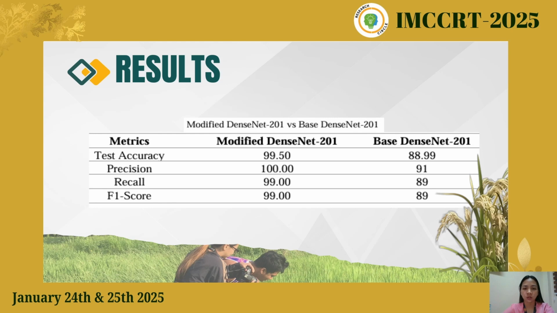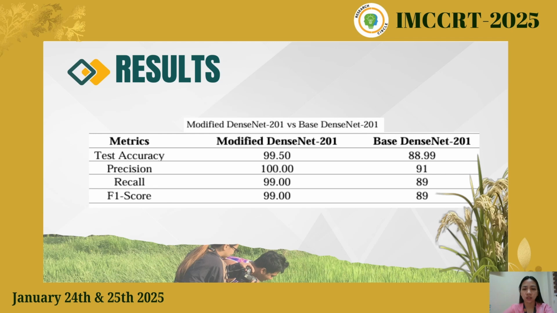The modified model also has perfect precision at 100%, meaning no false positives, compared to 91% for the base model, which indicates some errors. And in recall, the modified model scores 99%, meaning it detects most positive cases,